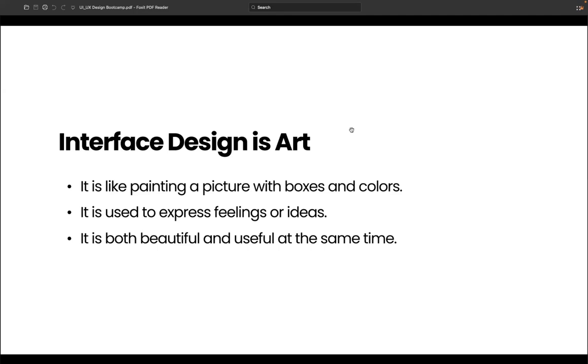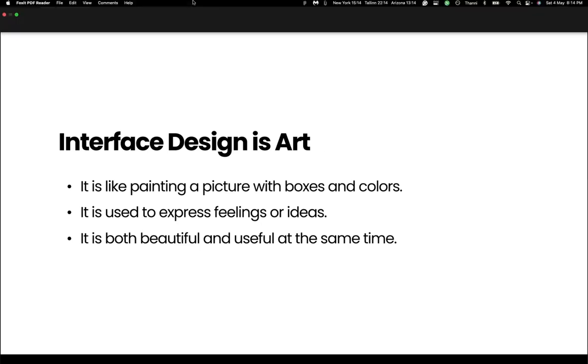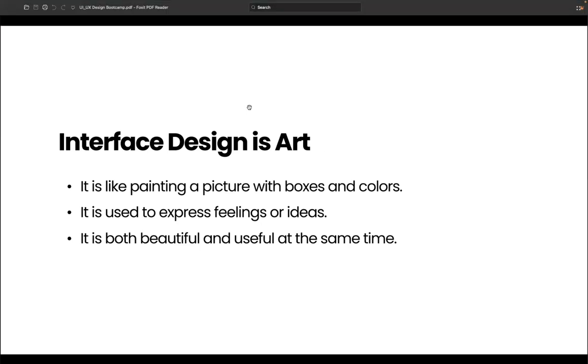That's what you consider as a box online. And then we consider user interface as a combination of multiple boxes and colors. So we use these boxes and colors to express feelings and ideas. So you're going to creatively combine them together to express different types of feeling, depending on how you want the user to interact with that particular